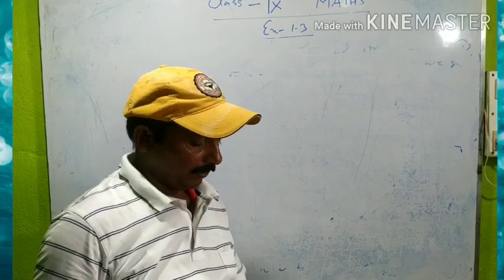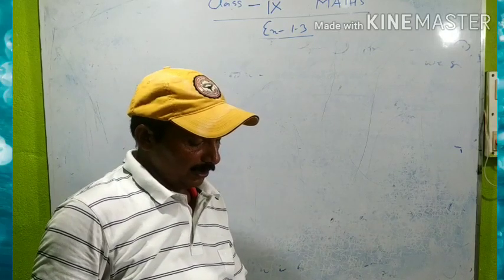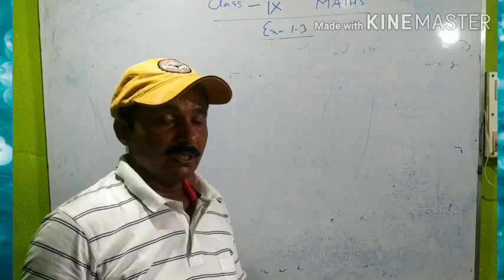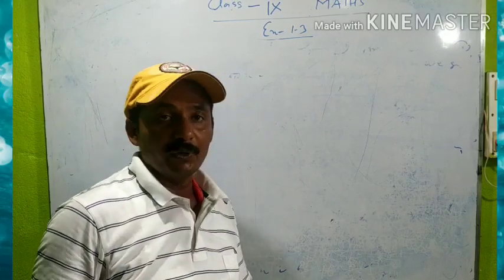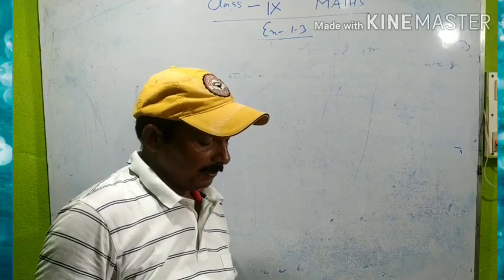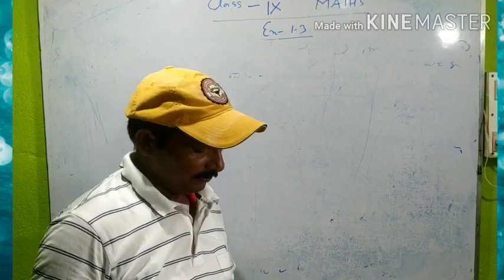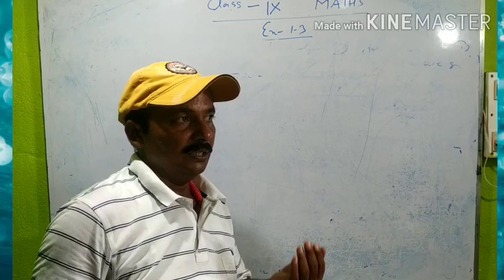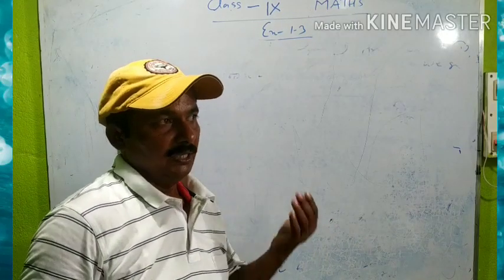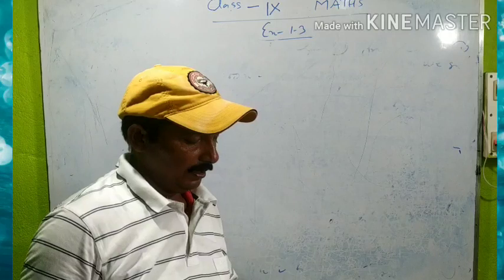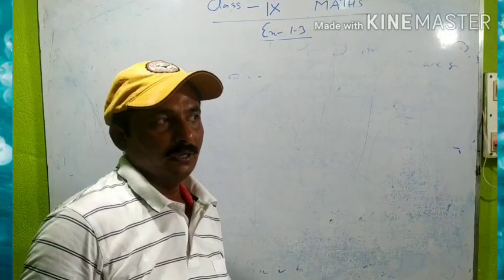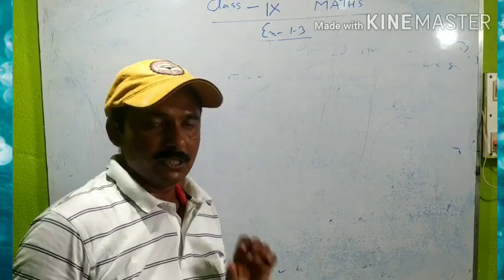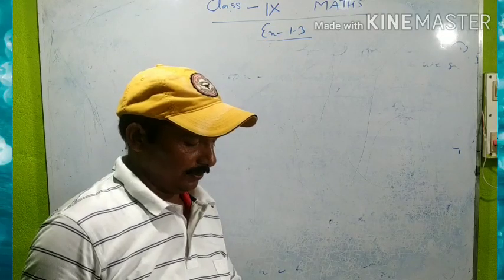Look here. When you convert this one into the form of P by Q, in this process, I think the result will be 1. The result will be 1. The reason behind it is that there is 999, it continues going now. It keeps on going. That means there is no gap. So in this manner, if there is no gap, the result will be 1 now. This is the reason behind 1 being the answer.